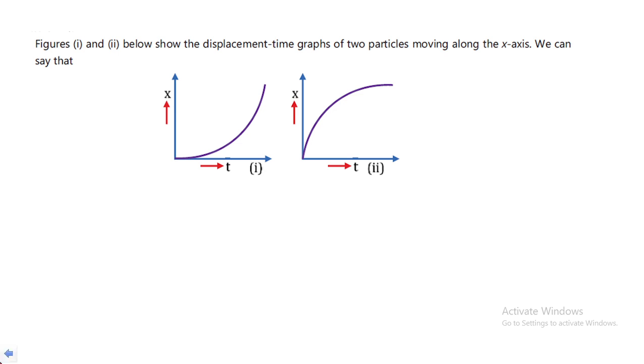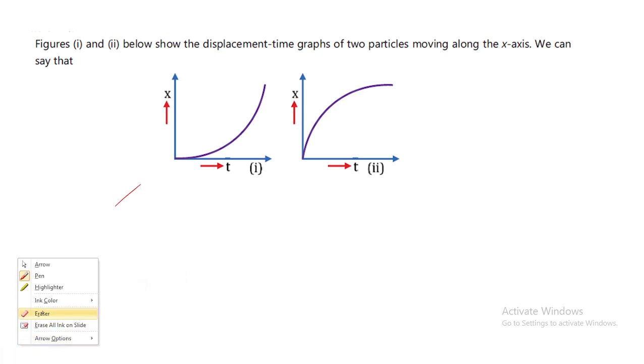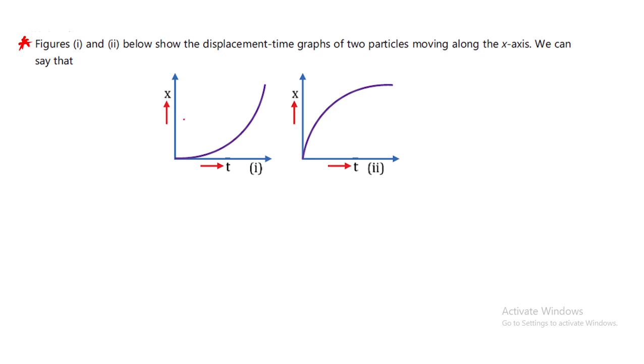Okay, guys, finished. Now, what does this indicate? Tell me. Can you guess what the answer is for this one? By the slope, can we do it? Yes, of course we can do it. Listen. Now, let's say figure 1. What does it indicate? It is an x-t graph, and this is also an x-t graph. Now, what is happening after time t? You see this one is completely becoming like this, like this. Yes or no? It is going perpendicular to what here? Time. Yes or no?